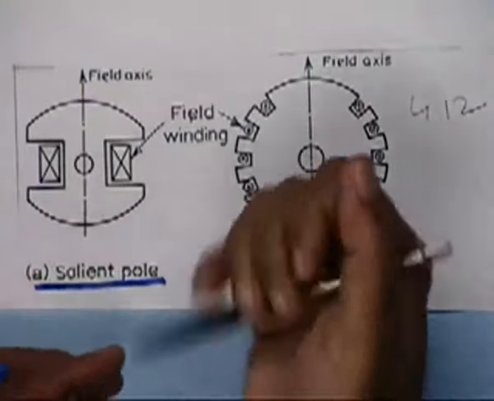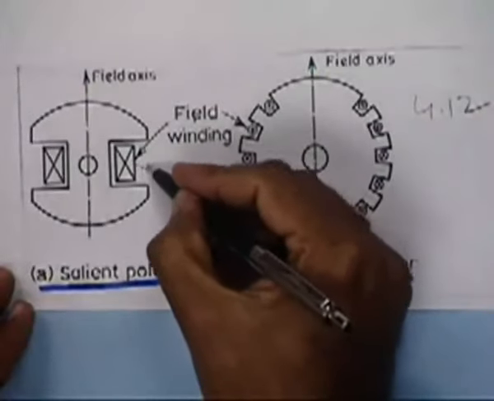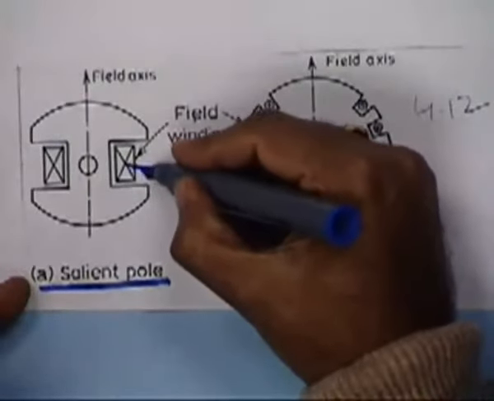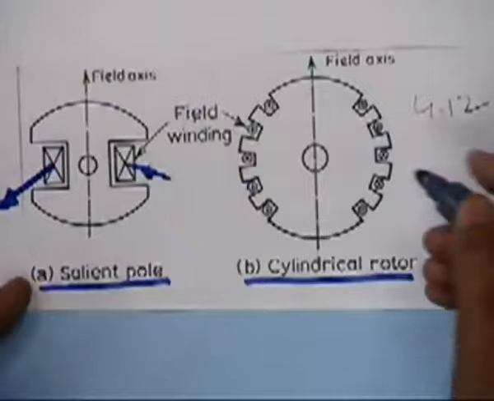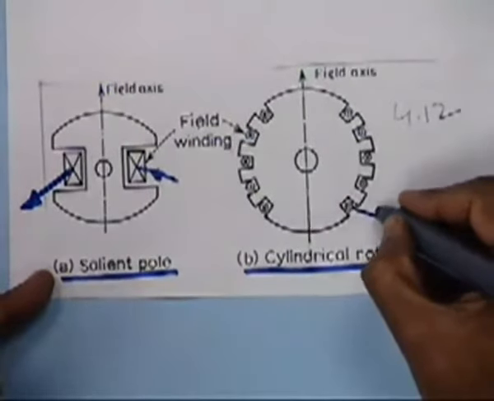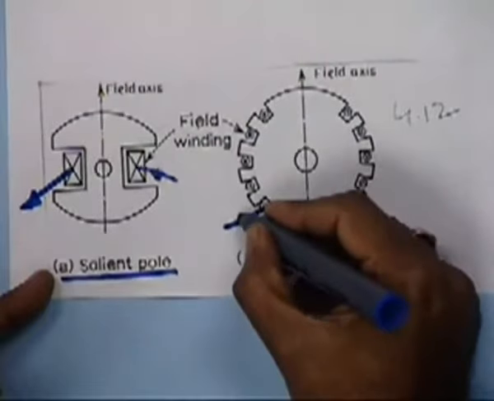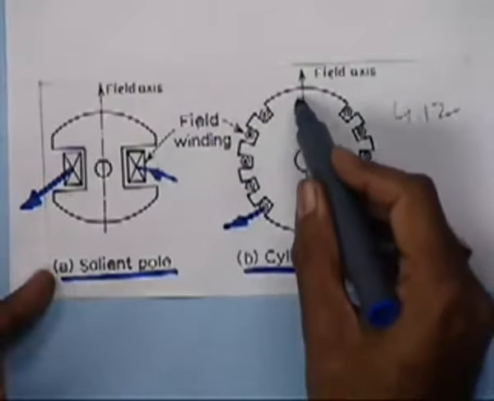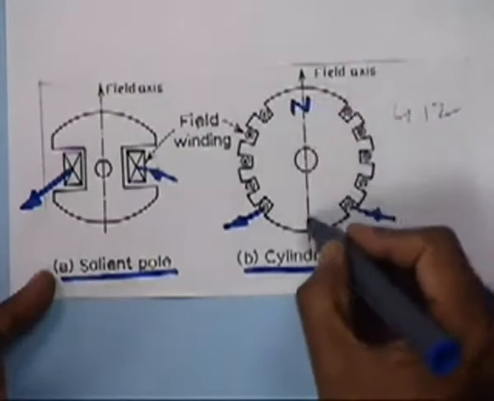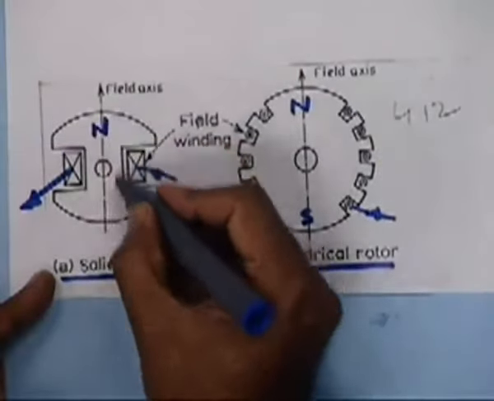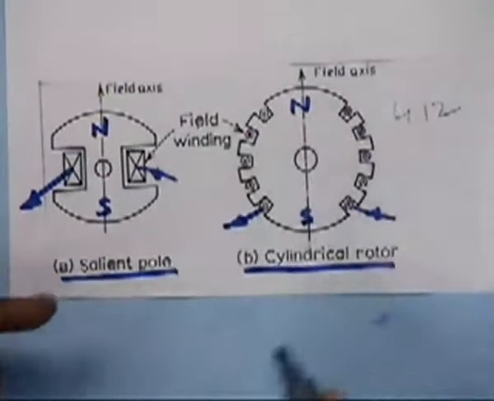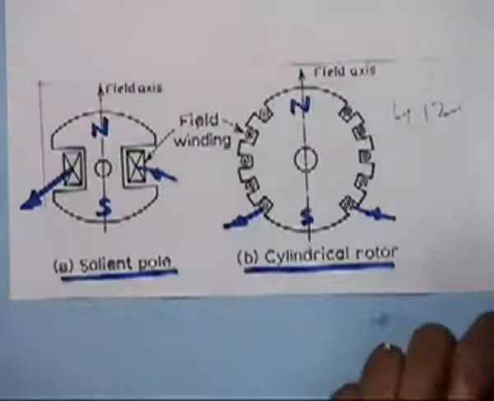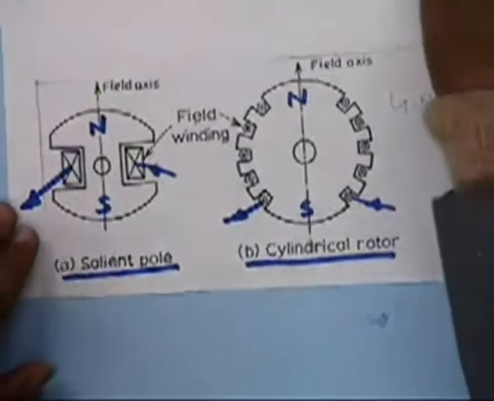So here also there will be the currents going in like this, and current will come out. Whereas here also in all these windings current would go in and current would come out. So you have a set of windings. This will produce the north pole here and south pole here, and this will also produce a north pole here and a south pole here. So magnetic flux will be going like this. Okay. So this is the configuration of the two types, salient pole and cylindrical rotor.